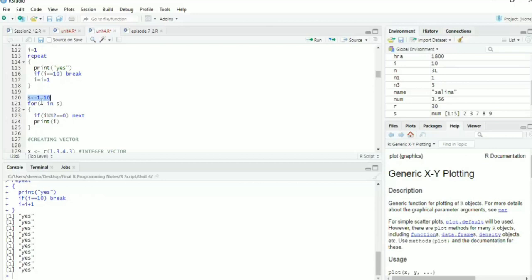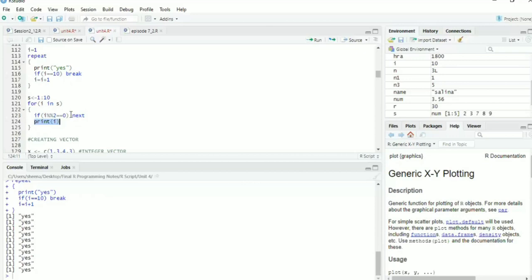I have used a for loop, i in s, so it will take all the values one by one. In the if condition, I have checked whether it is even or odd by checking the remainder. If the remainder is 0, it is even, and in front of that I have given next, which means it will not execute the print for even values.